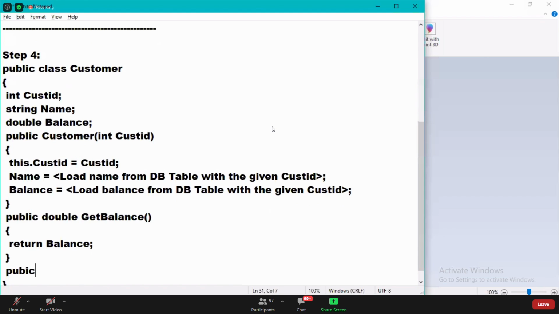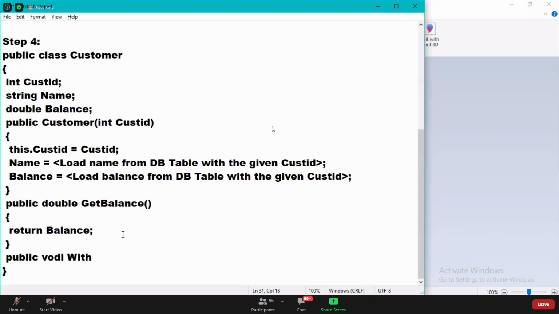In the same way, I'm writing one method called public void withdraw. So I want to write a withdraw method.